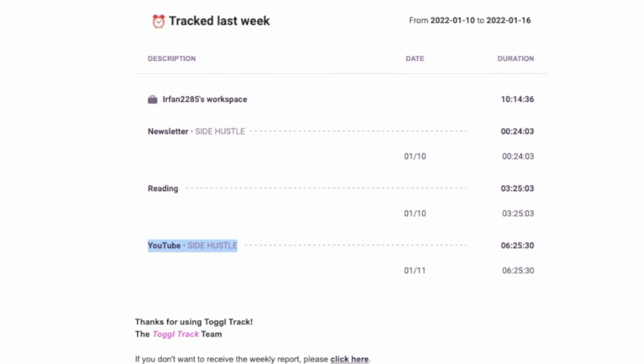A simple notebook with tally marks or a simple spreadsheet works fine, but I really like time tracker apps. So my 2 favorite are Toggl and Timery, and these 2 apps basically go together. You can set up different timers for different projects, and you can basically press start button, stop button when you're done with your session, and it'll automatically save that session, and it'll auto-generate different reports on different projects you're working